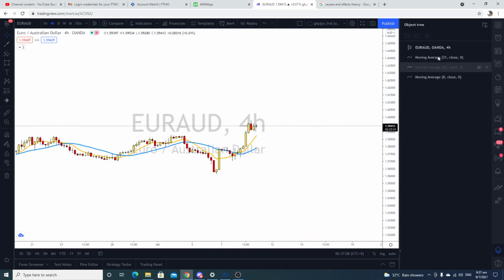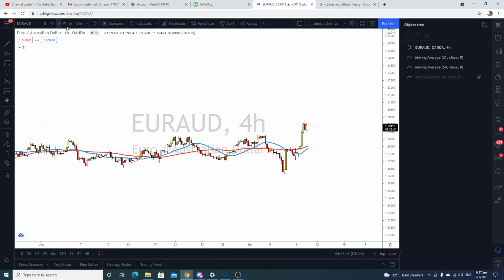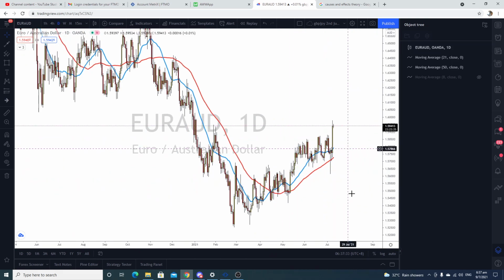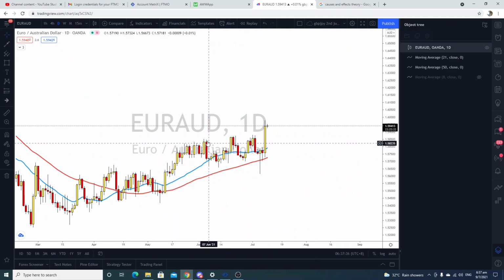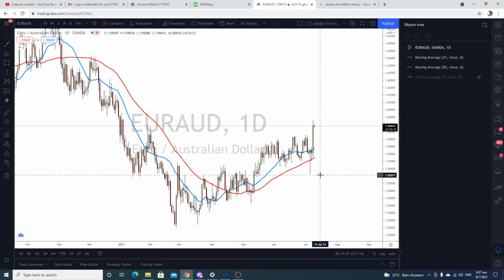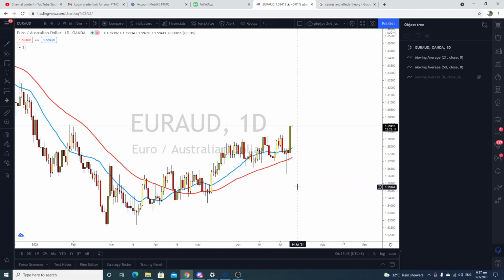Okay, you can use it as one time see and then you close. For instance, if we see based on the 50 and the 21, there is a crossover of the 21 and the 50 in this case. This is the 50, this is the 21. The 21 has crossed over the 50, telling me that the near term is towards the upside, and any downtrend, any counter trend move will be met with a strong move up. Okay, that is what it is. So that's why I don't use trend lines.